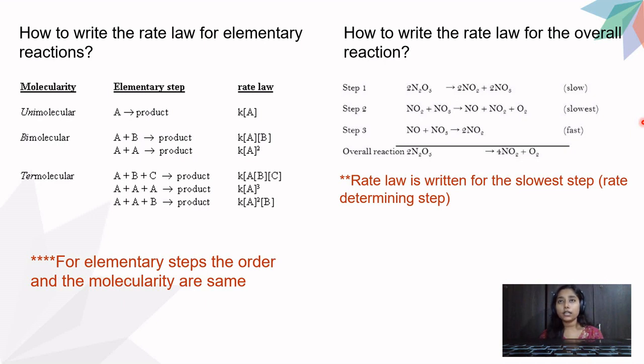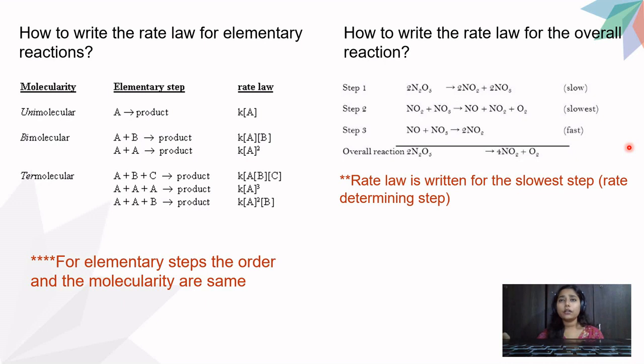The short form for it is RDS. Okay, so in many questions they do not write the rate determining step as whole, but they write it as RDS. Okay, and what is RDS? RDS is nothing but the rate determining step. And how do you find the rate determining step? It is the slowest step in your reaction. Okay, so whenever you find the slowest step, you can write the rate law for overall reaction. So for overall reaction, the rate law depends upon the slowest step of those elementary steps which are followed to give you the overall reaction.